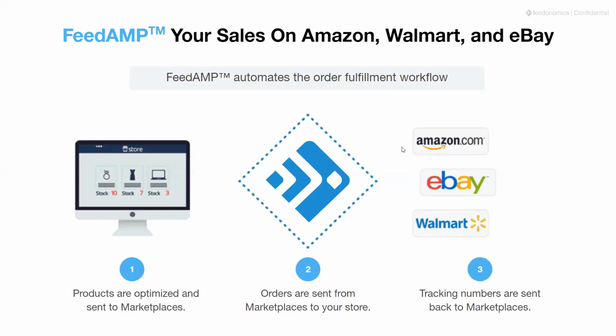platforms. And once we have those catalogs listed for you, then we start checking for orders, and we automate that process as well. So we'll actually check for orders every 15 minutes on these marketplace channels, pull that data into Feedonomics, and then drop it somewhere on the left side of the screen. We have a few different options that we can integrate with on the left here. We have a REST API, we have some FTP protocol that can be used,